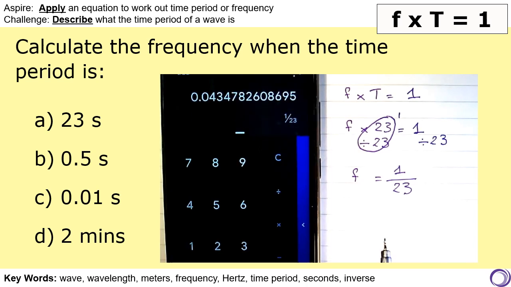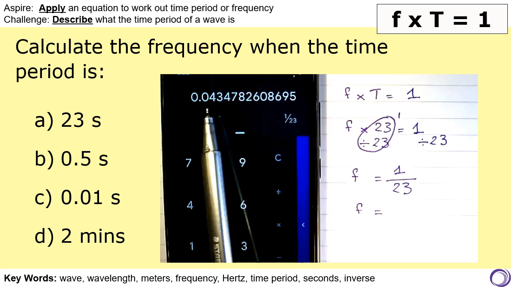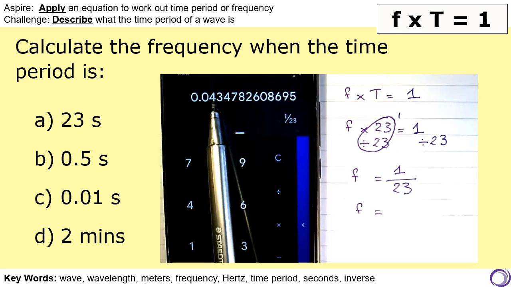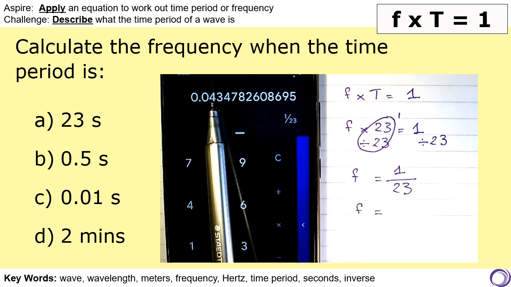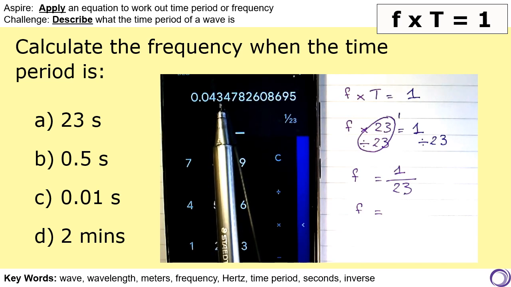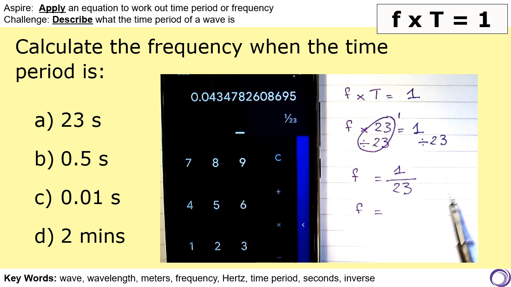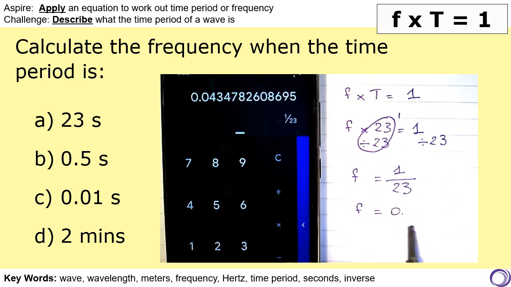Now we're not going to write all of those digits after the decimal point. We are going to keep two significant figures. It's usually a good idea in science as a general rule, unless the question specifically tells you how many significant figures to give. So 0.04 is my first significant figure, 3 is my second one, so that's where I'm going to stop my number. I just check if I write it out quickly,